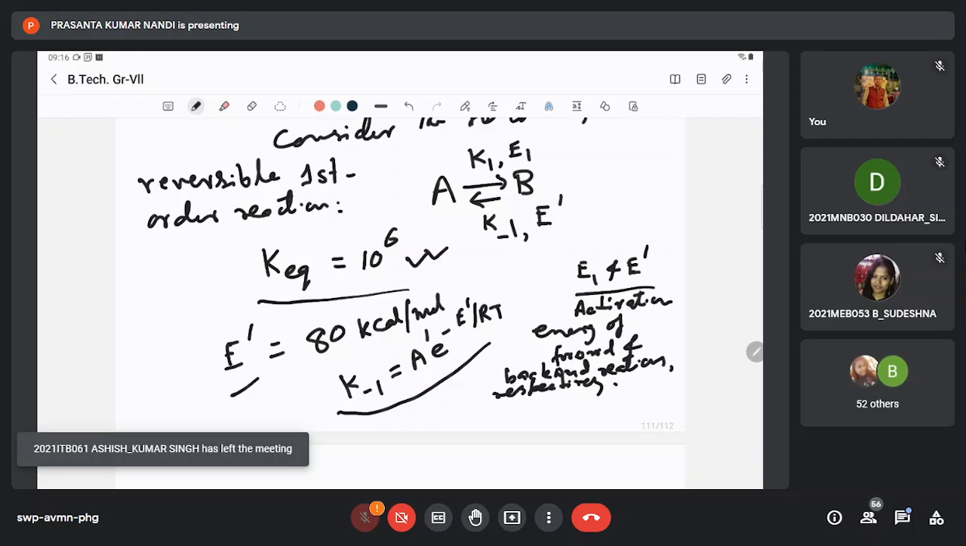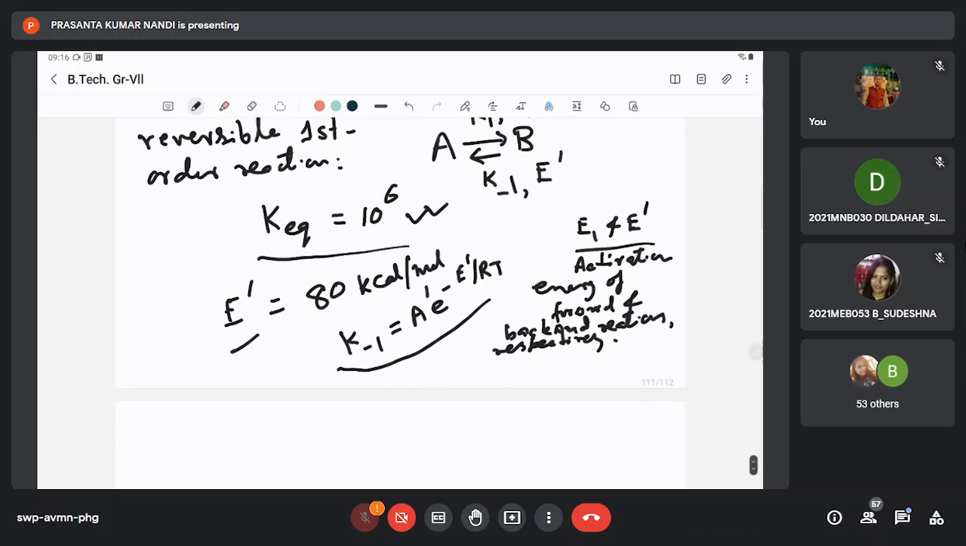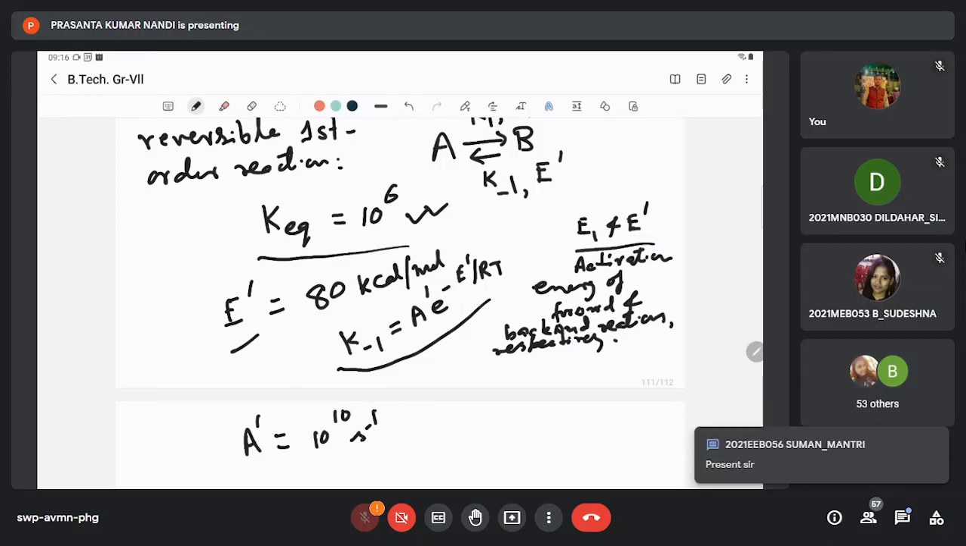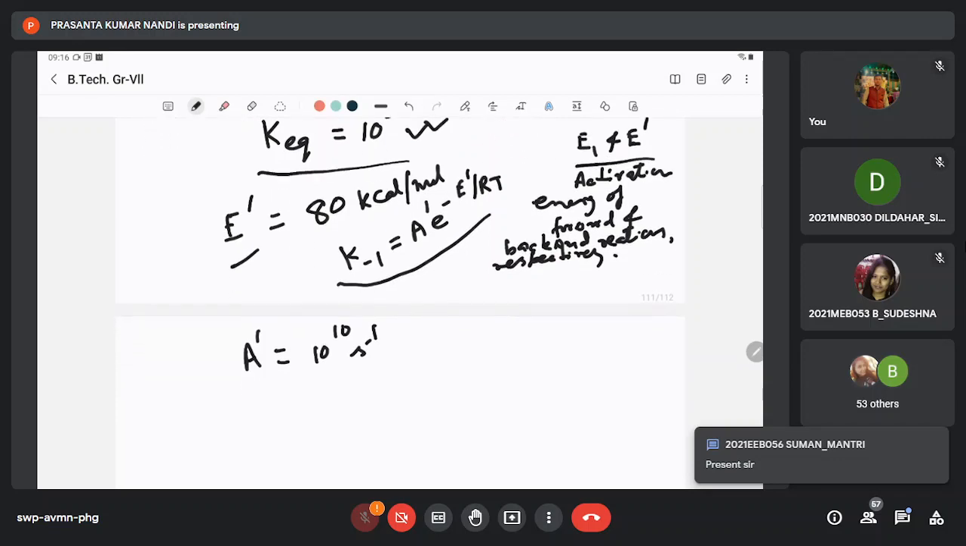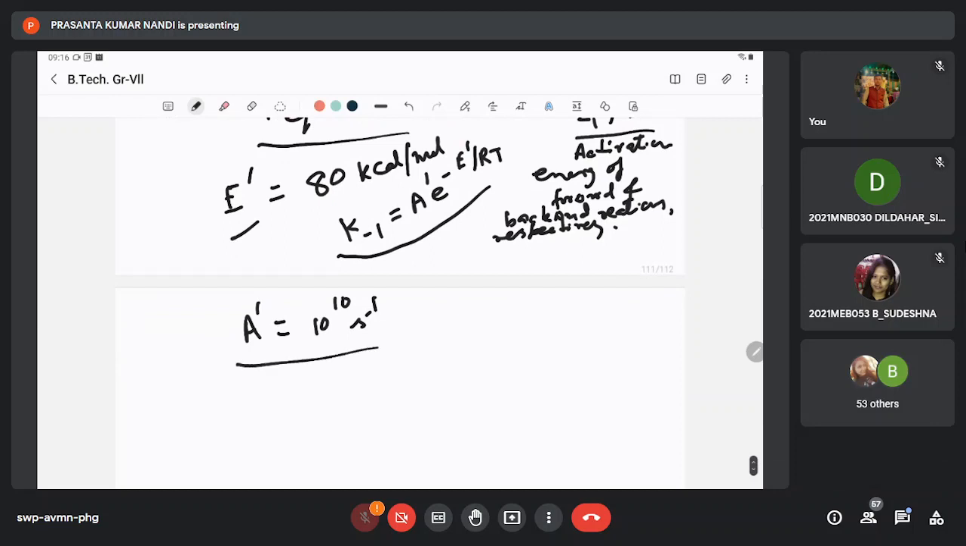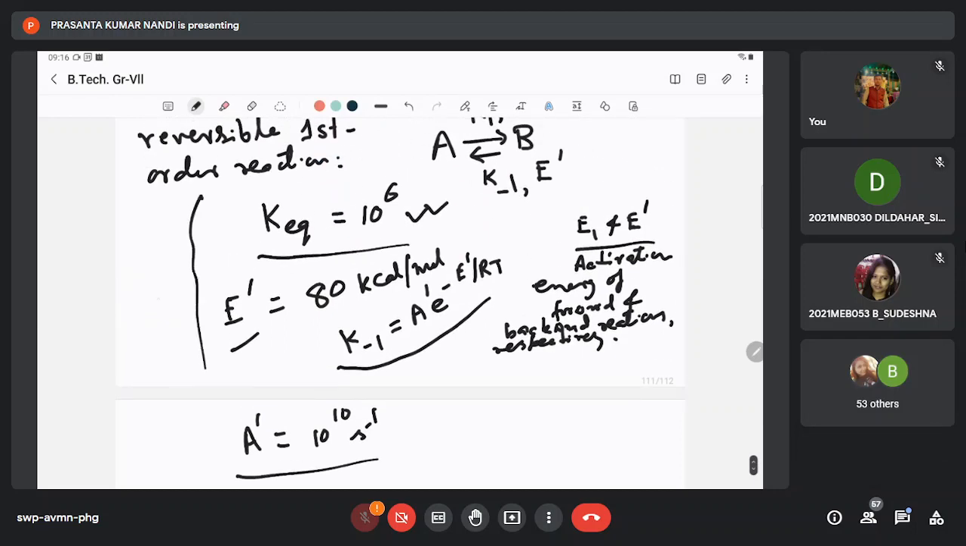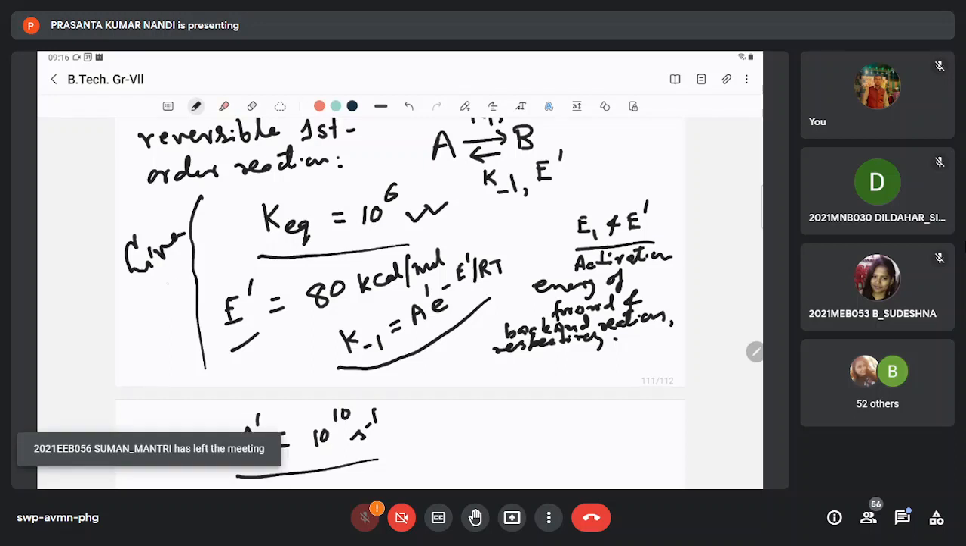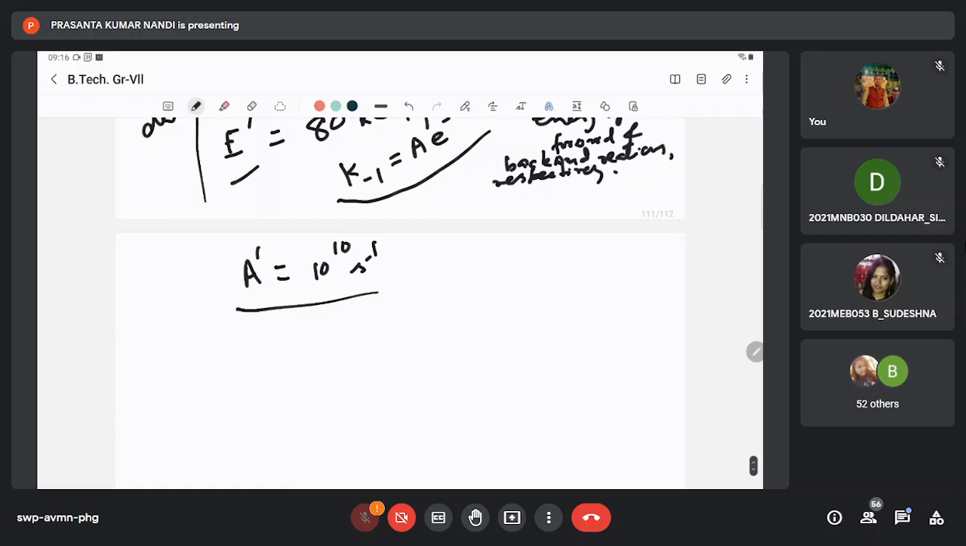Now you are asked to calculate. This pre-exponential factor, let it be given, say A prime, that you can take as 10 to the power 10 second inverse. Now the question is, all these three parameters are given data, and you are asked to calculate